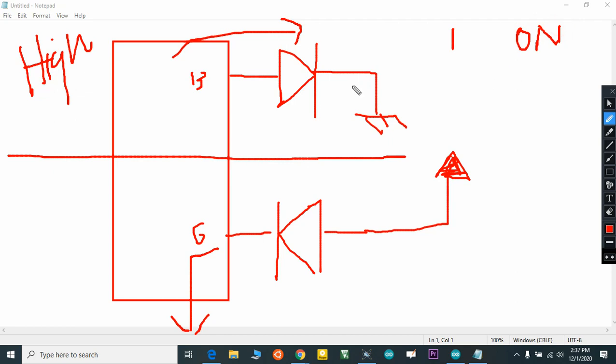Okay, then if you provide a low voltage here, it will be off. I think it's a normal case, you can understand this. And let's think about the other case. See here, when the LED is on, you can see I am providing 5 volts here. So the LED will turn on only if I provide 0 here.